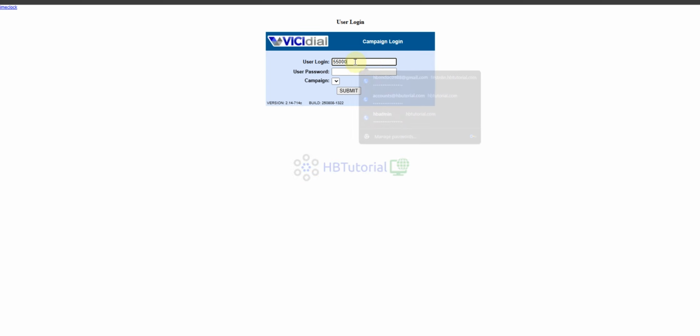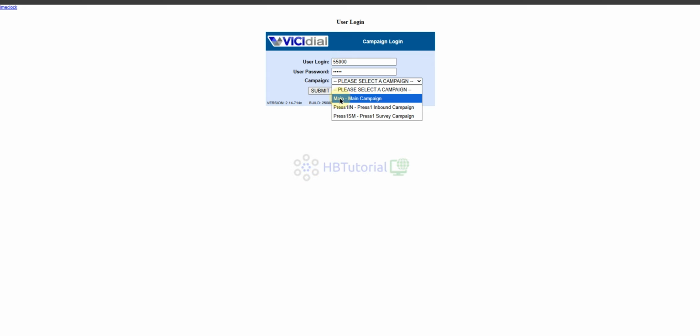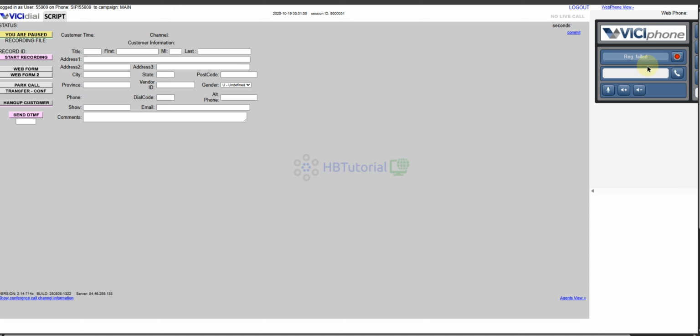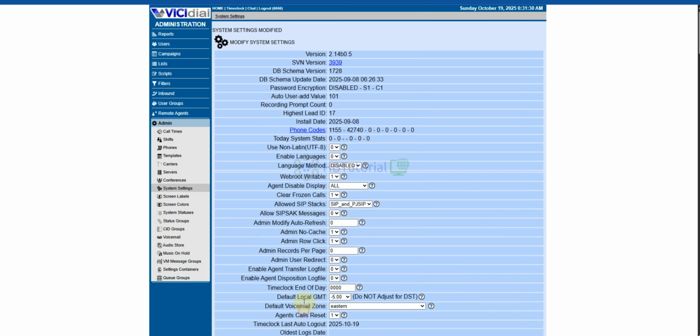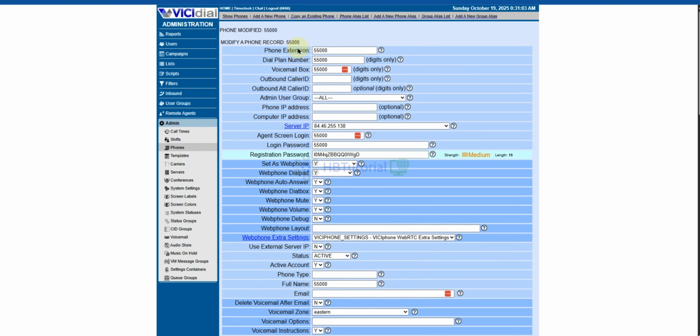Same password. It's red. So here we need to check the phone settings.